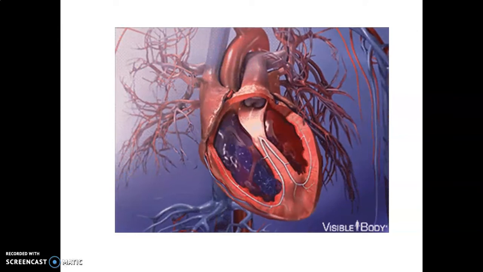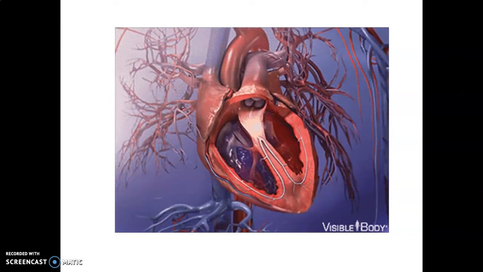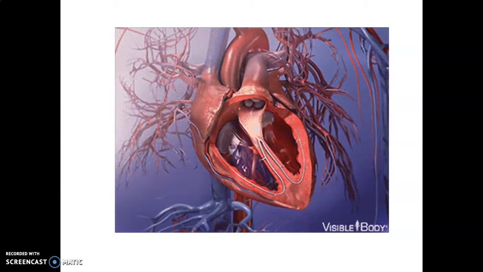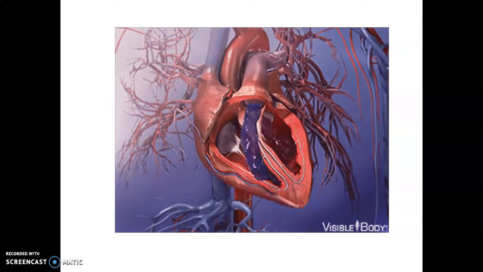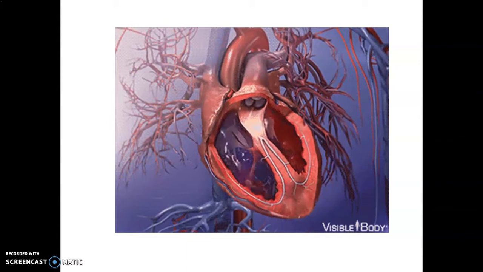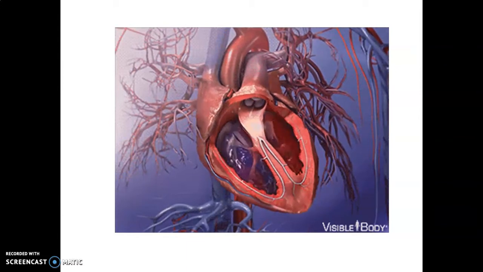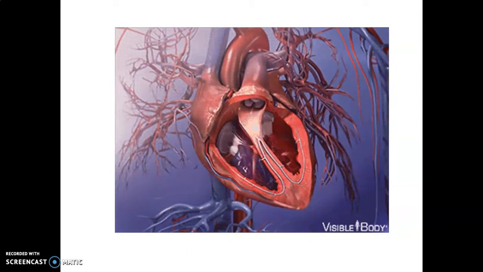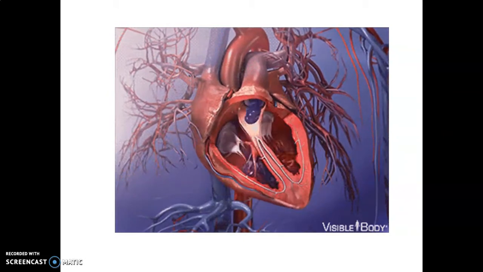The valves in the heart allow the flow of blood only in one direction, from atria to ventricles and from the ventricles to the pulmonary artery or aorta. Children, these valves prevent any backward flow. The entire heart is made up of cardiac muscles. The walls of the ventricles are much thicker than those of the atria.